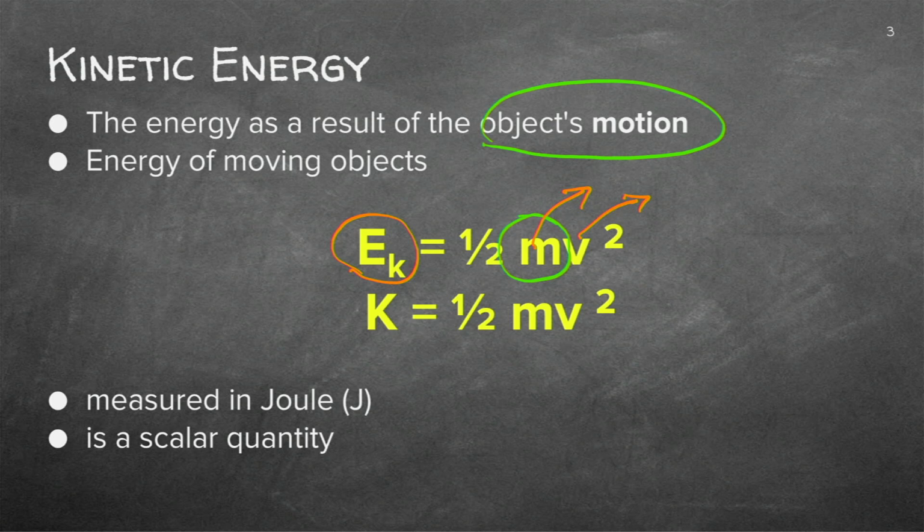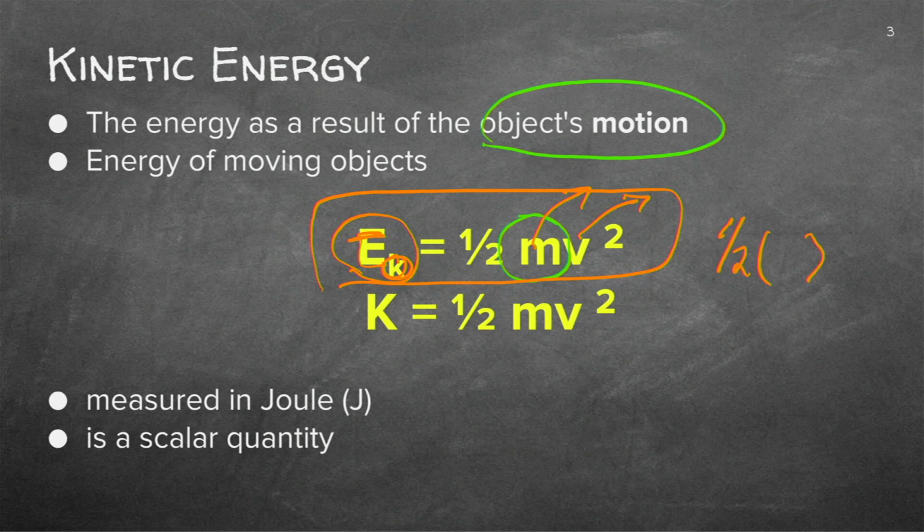Now, you'll see on your information sheet, they give the first equation as written down there. EK, energy kinetic. Can you see those two symbols? It's half the mass times the square of the velocity. Please don't forget the square. But you'll also see that they sometimes abbreviate kinetic energy with a K. And I think it's in the information sheet, both of these options. I tend to like E_K because then I know exactly what I'm working with.